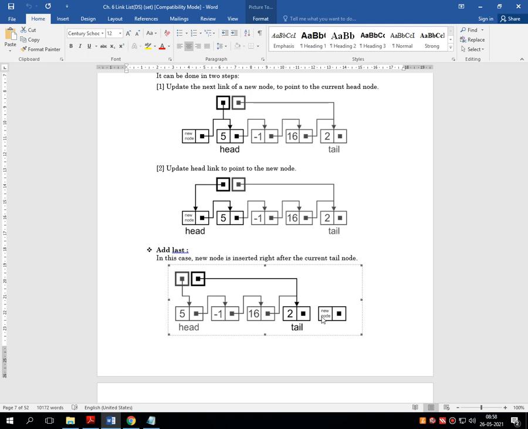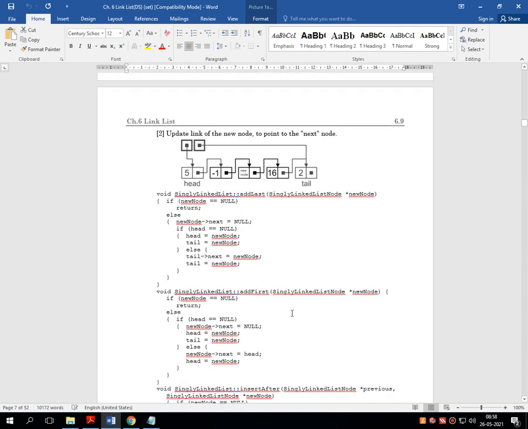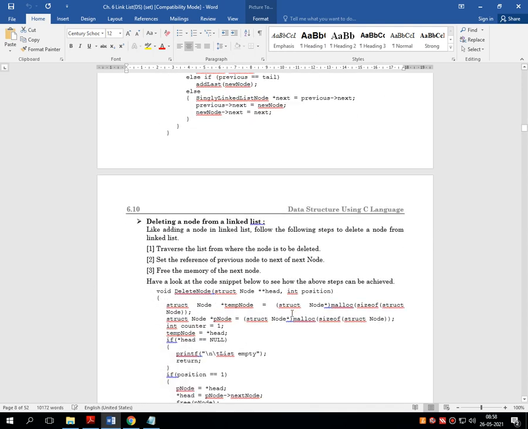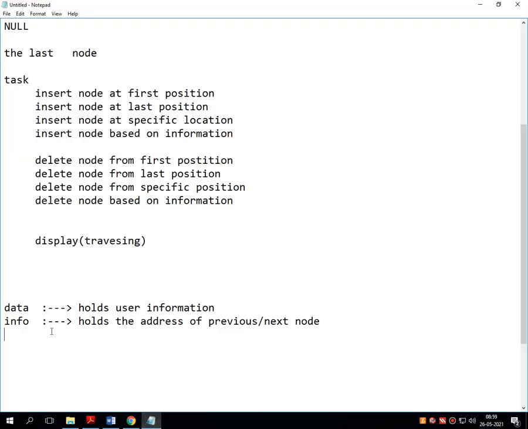This will be clearer in more depth in the program. No need to worry here if you are not getting the points. Now same like that, we can perform the various types of deletion of the node. Just find the first node and pass it to the free function. Automatically it releases the memory which has been occupied for that particular node, and into the informative part of that node it stores start. So one more thing I would like to convey to all of you: from where the linked list gets started.